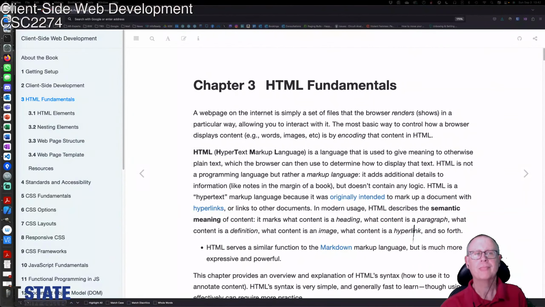Hi, I thought I should move us along a little bit. At this stage, you should have your development environment installed. You should have